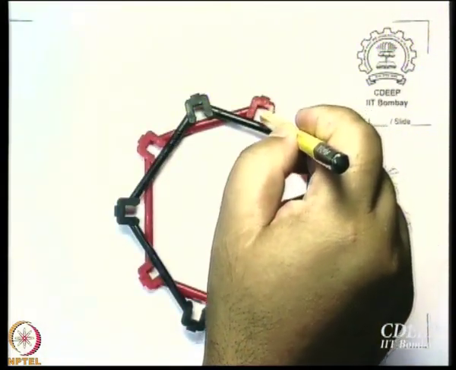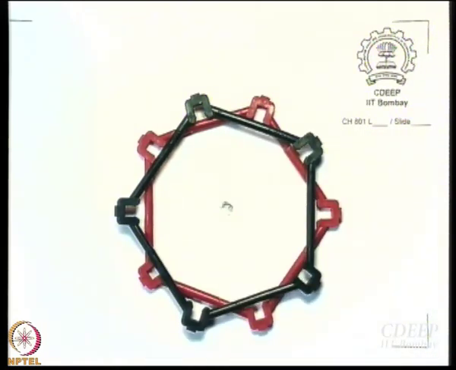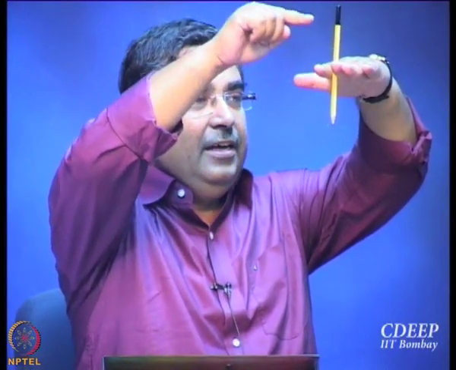If you rotate it by 36, what will happen? This black atom will come to the position of this red atom, right? But the problem is the black atom is above and the red atom is below. So if you just turn by 360 divided by 10, that is not a symmetry operation. So this is the axis. Now if you consider this plane, which was the horizontal plane of symmetry for the eclipsed situation, now what will happen? If you reflect with respect to this plane, then whatever is on the top will come to the bottom.